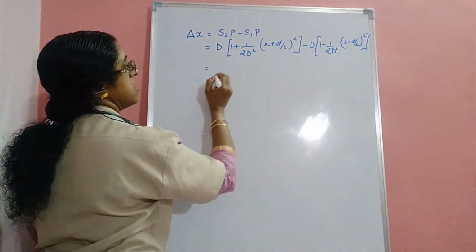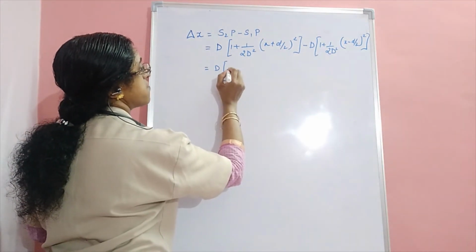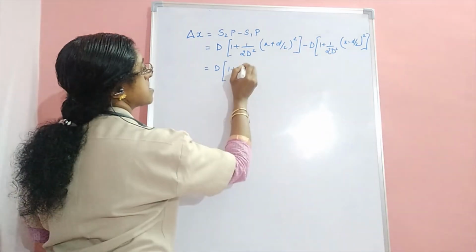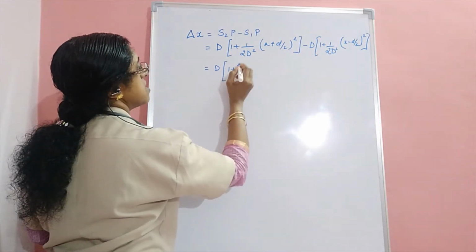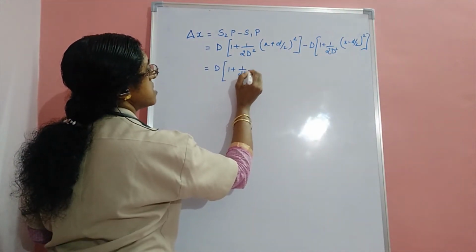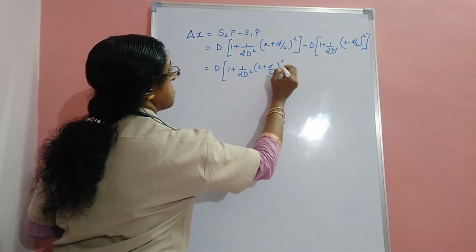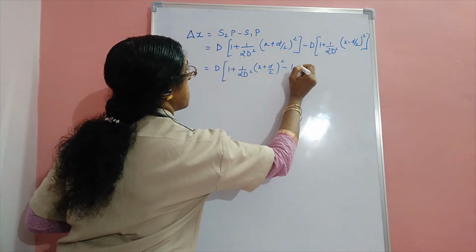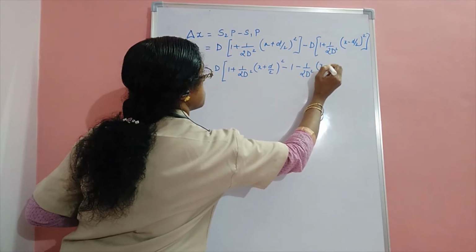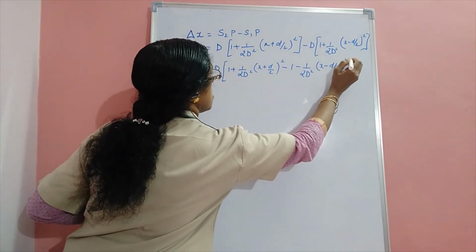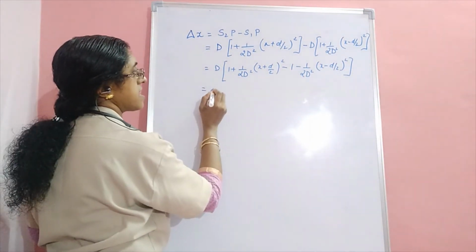This is what we get. So when I open it up, again d becomes common. I'll take it out. It would be 1 plus, d becomes common from both, right? 1 plus 1 upon 2d square into x plus d by 2 the whole square minus 1 minus 1 upon 2d square into x minus d by 2 the whole square, right? Now I'll open it up. I'll get